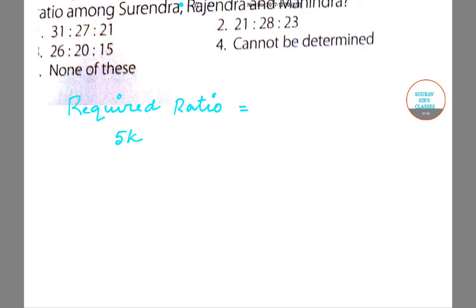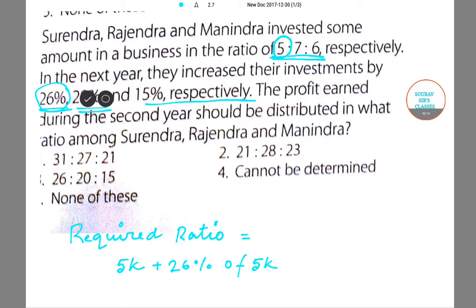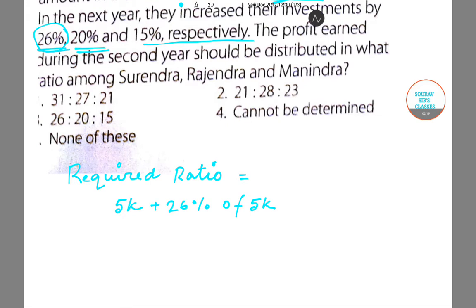Let's assume k as a constant, and 5k plus 26% of 5k, because in the first year Surendra invested in the business and the ratio was 5 on his part, and he increased his investment by 26%. So 5k plus 26% of 5k is to